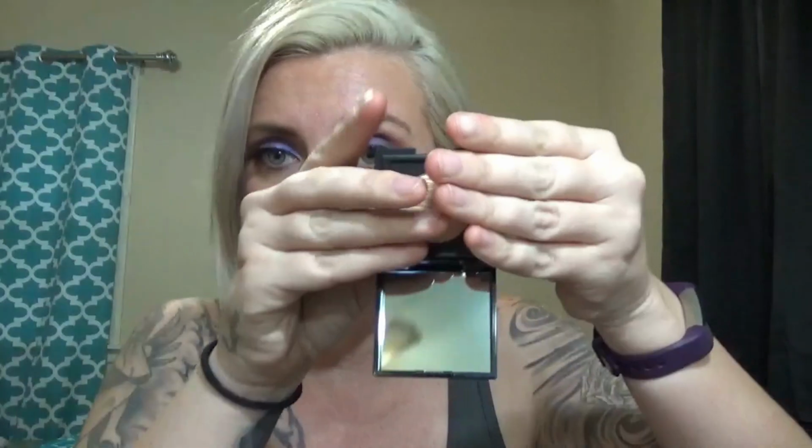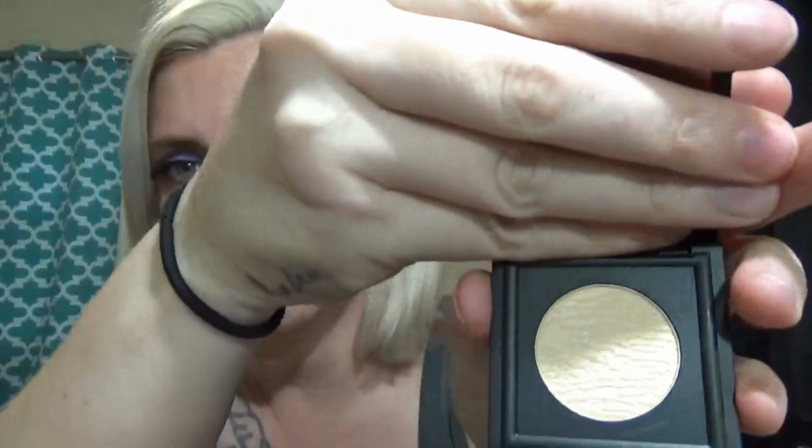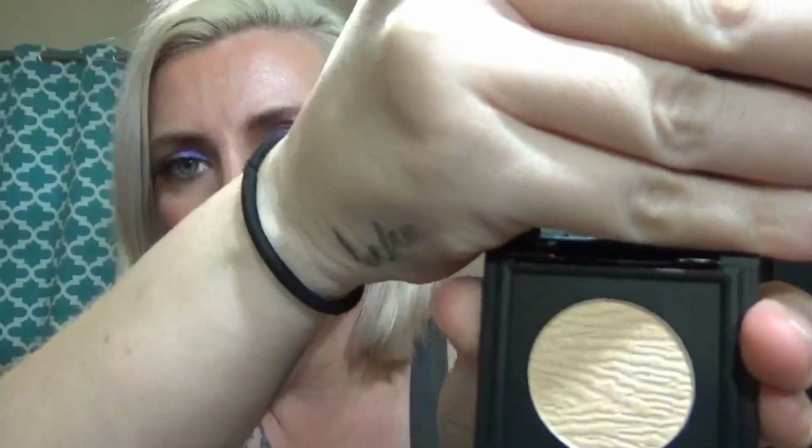Okay, so this honestly, it retails at $18 for a single shadow. That's high for a single shadow, y'all, especially for a company I haven't heard of. We'll see how it is, but their single shadows, let me show you. It comes with a mirror in there. I'm trying not to blind y'all, but it comes with a mirror in there. And that's a pretty decent color. It's a little bit shimmery, so I don't know about a transition shade, but for a basic look,